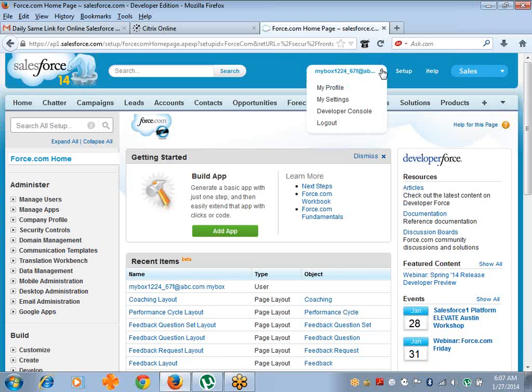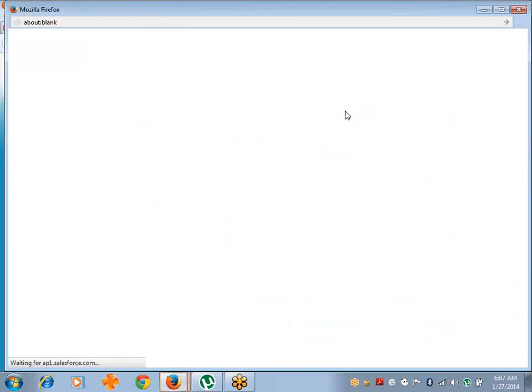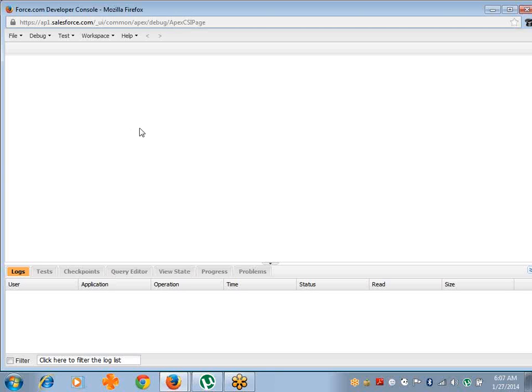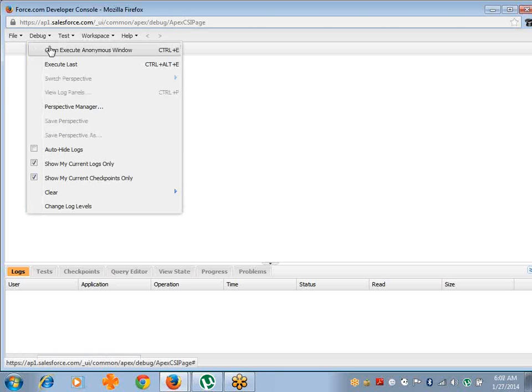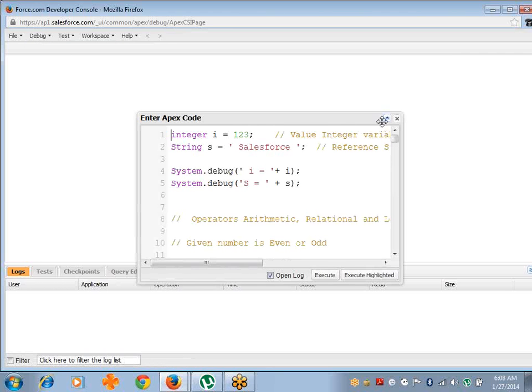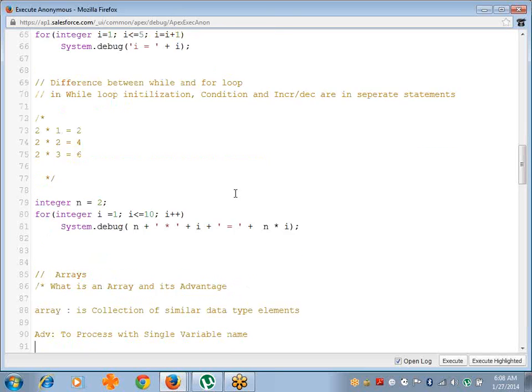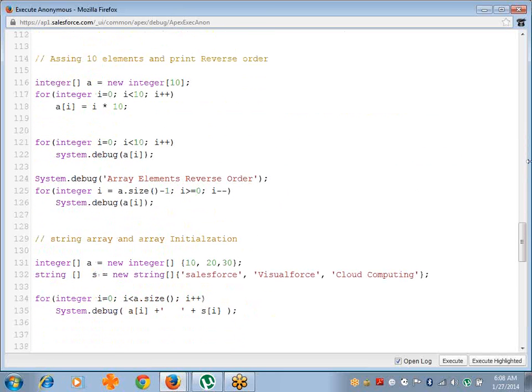So now go to the ID, under it the Developer Console. So in this case, zoom this to full screen. These basics were done earlier. Now I'll say that